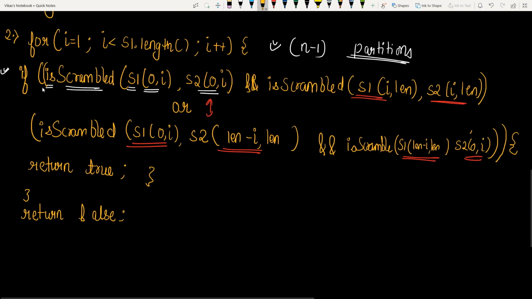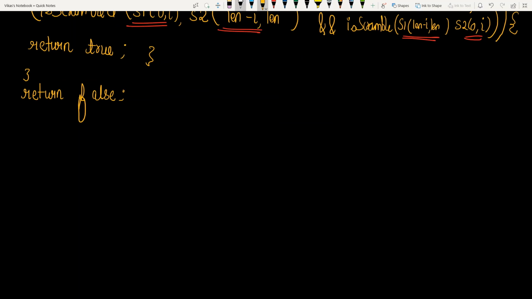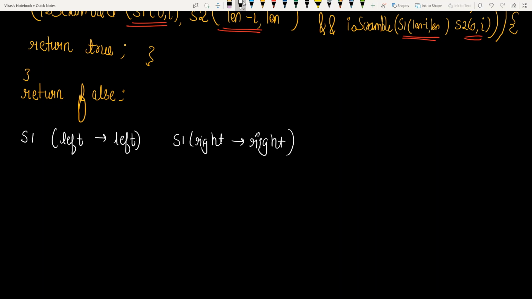So basically what we have done is we have checked four conditions. S1 left can be matched with S2 left. If this condition is true, then S1 right is going to match with S2 right. If both these two conditions are true, then we return true.